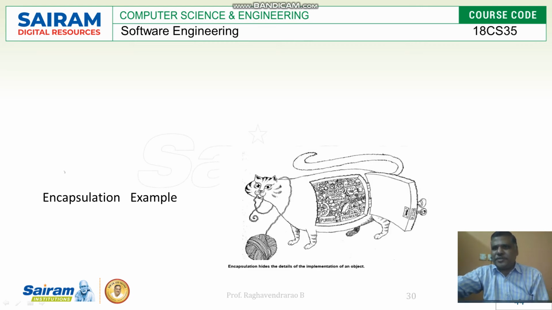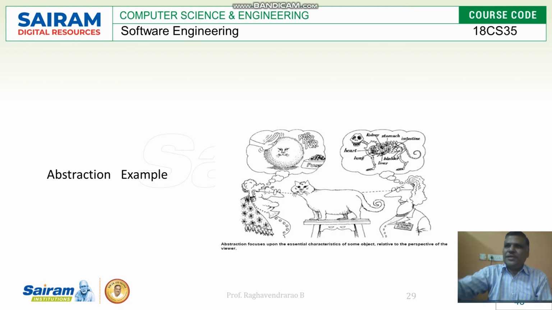Encapsulation: all these functionalities are kept inside, and if it is locked, you can see only the cat. But when you see this abstract notation of the class, it is viewed in this way. So that is the difference between abstraction and encapsulation. In abstraction, everything is visible, but in encapsulation, all things are closed and we can see only the functions. Even then, there is private and public. If you make it public, you can access all the functionality. If you make it private, only that particular